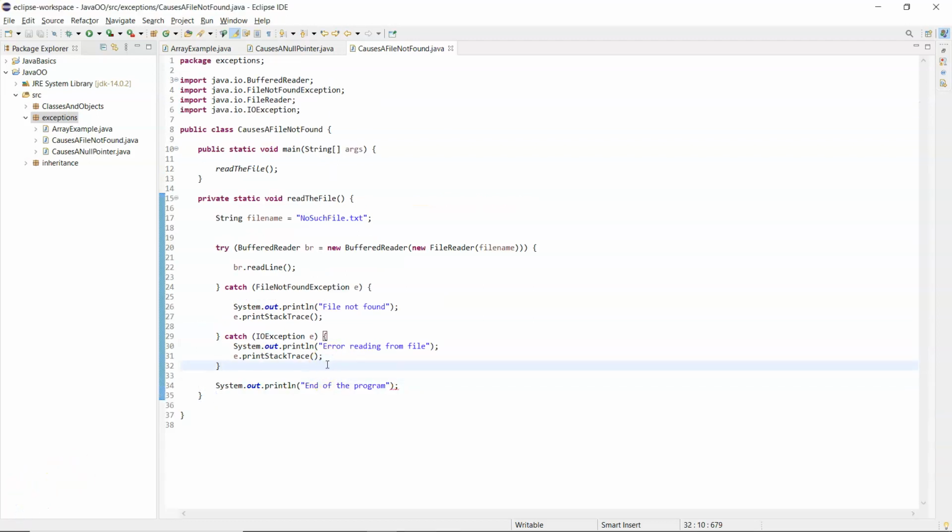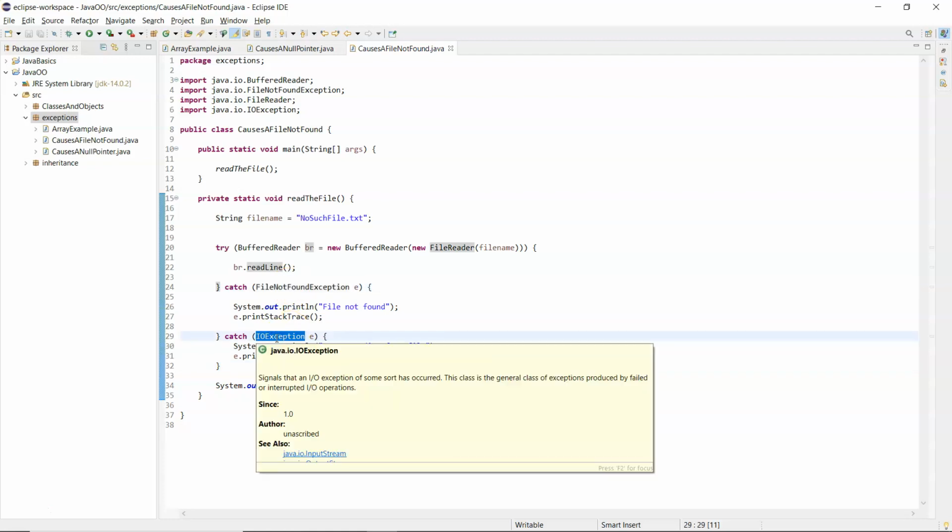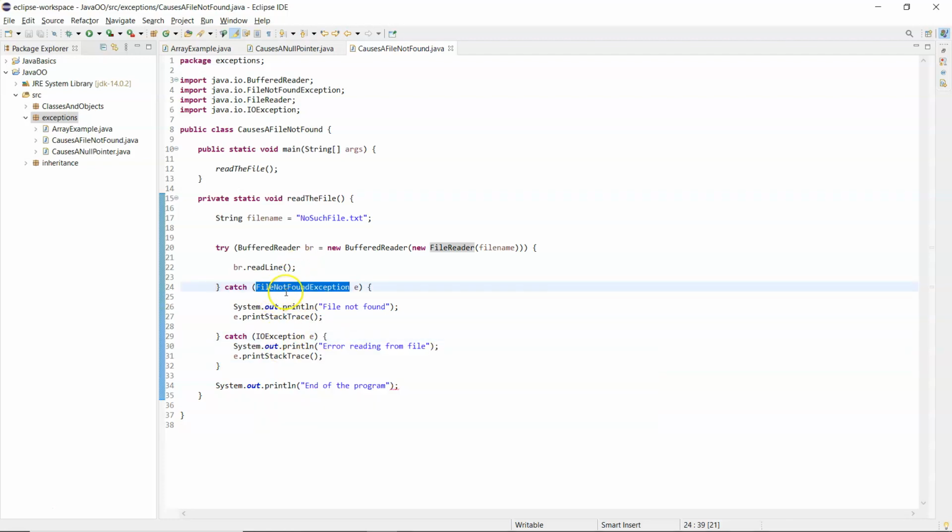Now, there's something else that you need to know here. The order of these catch blocks is very important. FileNotFound is a subtype of IOException. And the rule is you catch the subtypes first and the parent exceptions second or last, in this case second or last. If I swap those around, so wait till I just cut that out, move the FileNotFound, and that was